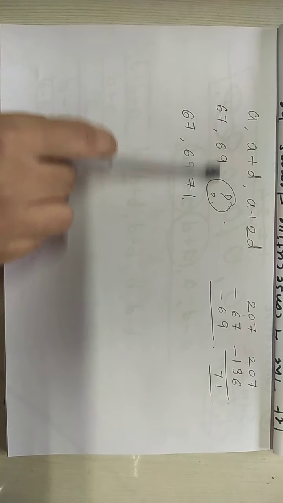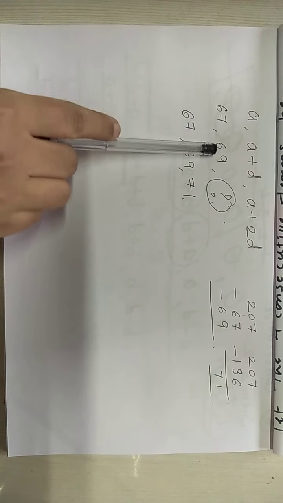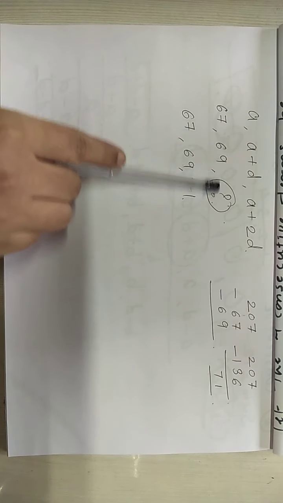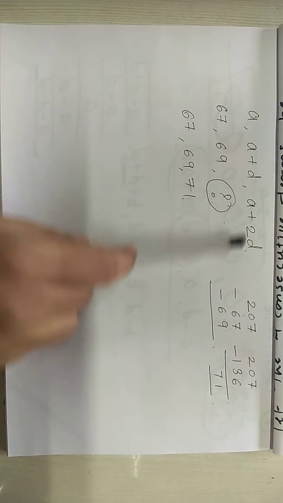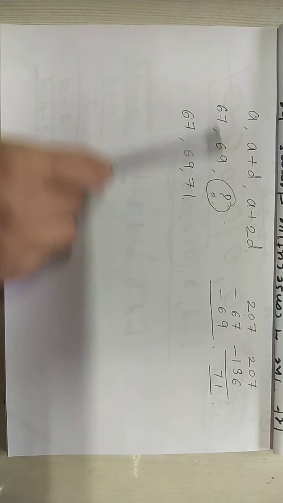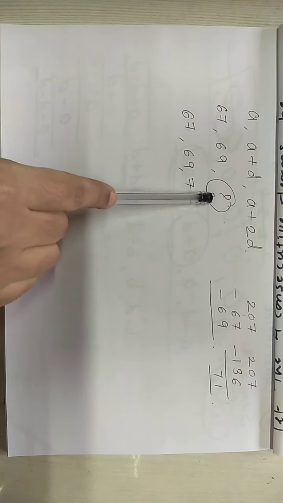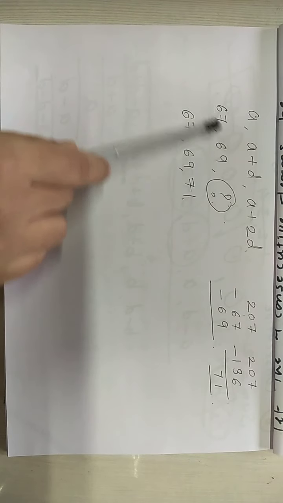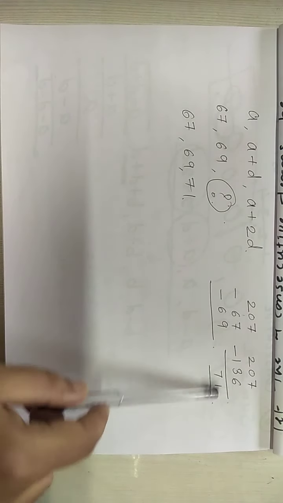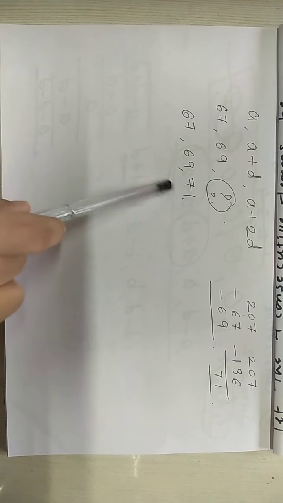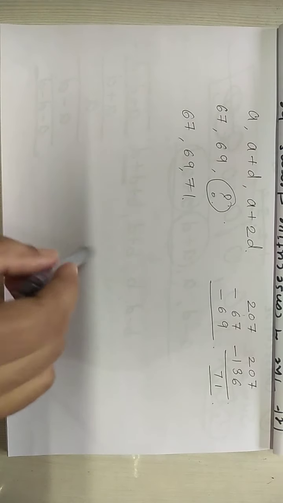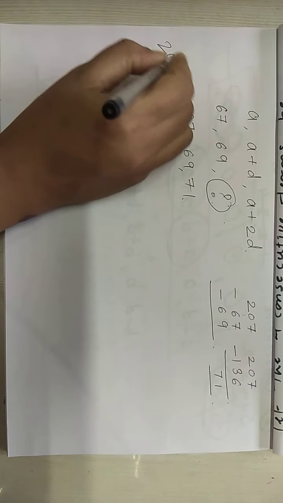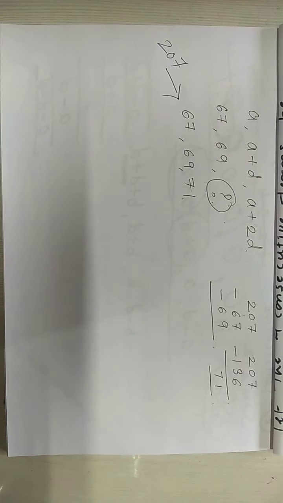So if you observe, they have said that it is in AP. So if here the difference is 2, that means here also the difference will be 2. So you can guess the next number, 71. Or if it is difficult to see, then you can guess it this way: the total of the 3 numbers is 207, so to find the third one, you subtract these 2 from 207. Whatever number is left will be the third one. So 71 will be the third number. So this is the partition of the number 207. That means 207 has been divided in these 3 parts, and these 3 numbers are in AP with the conditions being fulfilled.